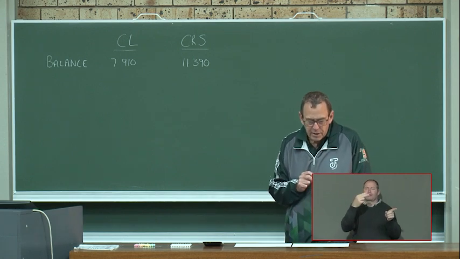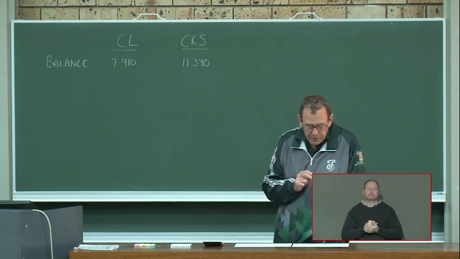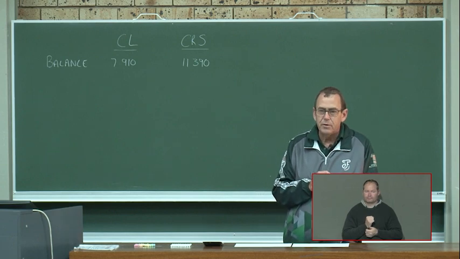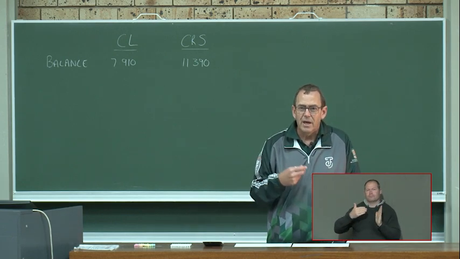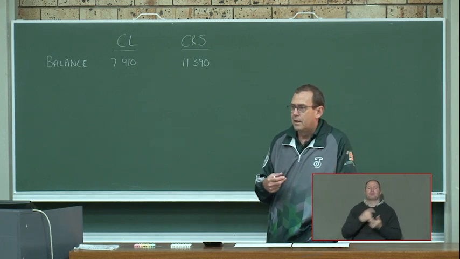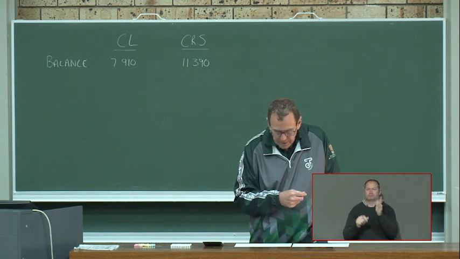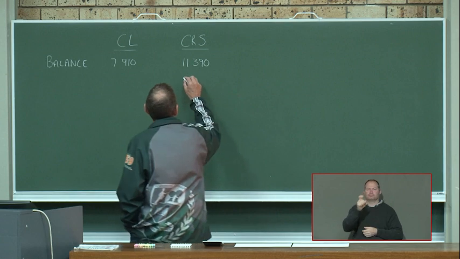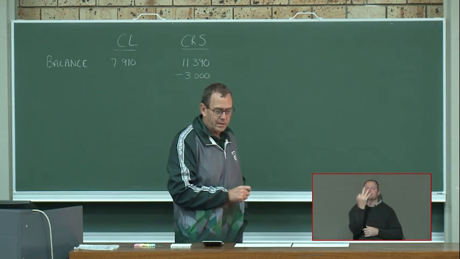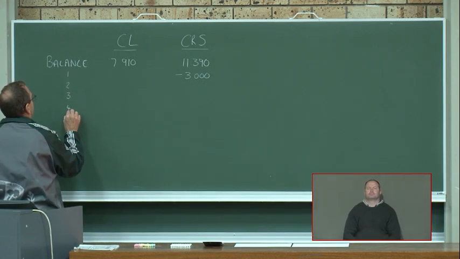So if we look at this question, they say, an EFT for 3,000 Rand issued by us had not been recorded in the statement received from them. So now it's easy. They didn't record the payment, so what must we do? A payment must be subtracted, am I right? And that was 3,000. So in our creditor statement, we must subtract 3,000 Rand because they didn't subtract it. I just want to do this, number 2, 3, 4, 5.